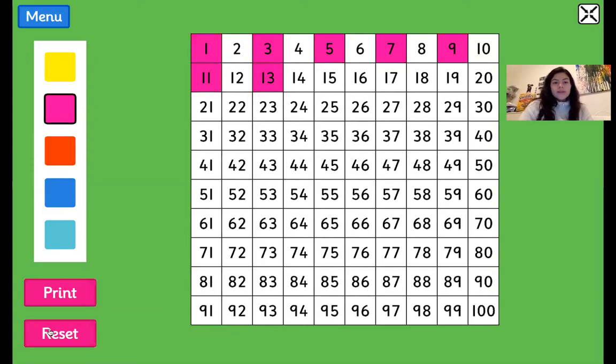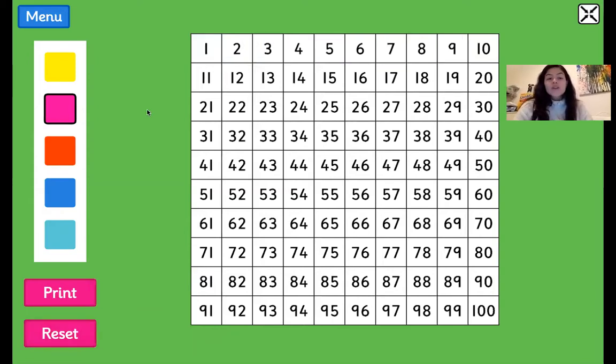So I'm gonna clear that. And this time we're gonna try counting together, okay? As I paint the squares, I want you guys to be counting at home going up by 2s. Let's choose a different color, blue. We're gonna start at 1. Ready, set, go. 1,